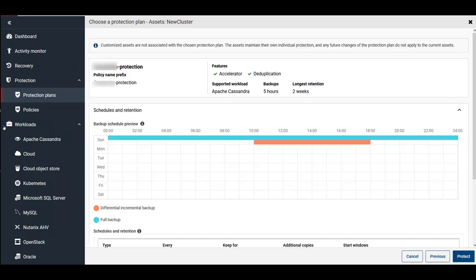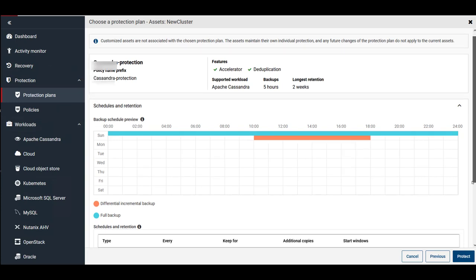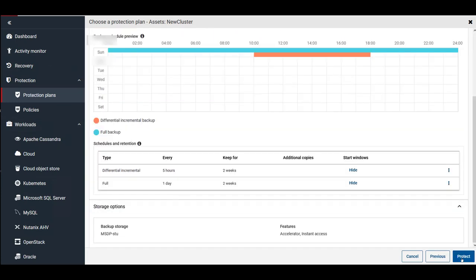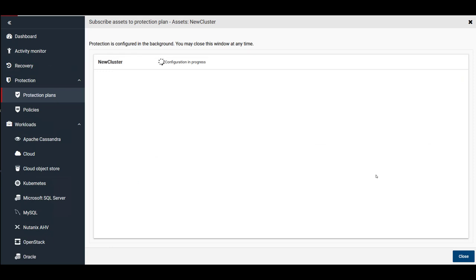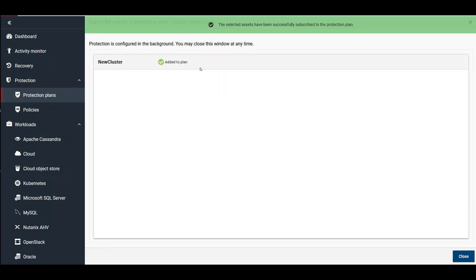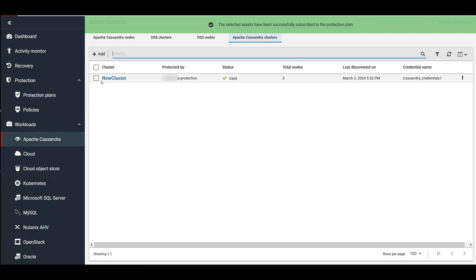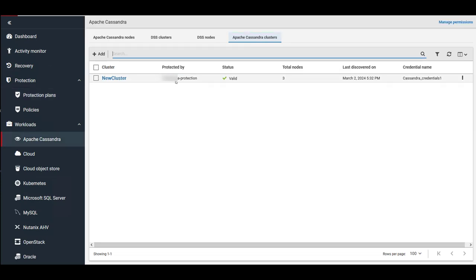Select the one that you need and click on Next. It will give you a preview, and you can click on Protect to protect your cluster with the protection plan. So now it is added to the plan, and the cluster will be backed up based on the schedules that are mentioned in the protection plan.